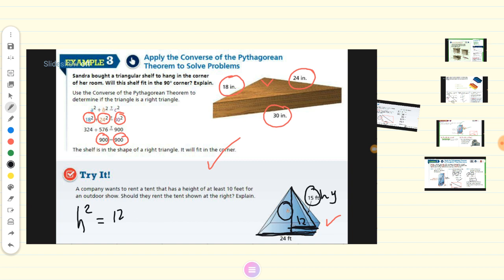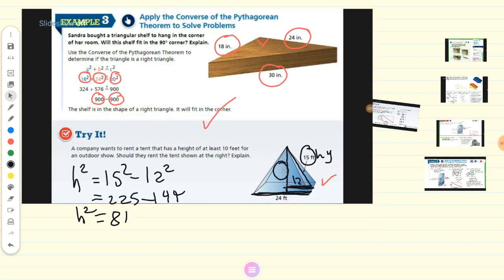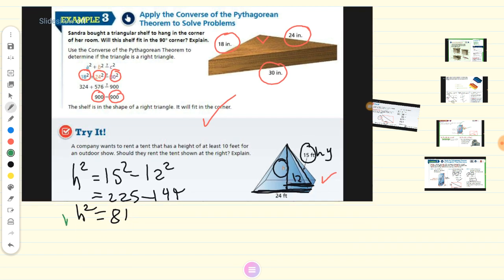So it should be the hypotenuse to the power 2 minus one of the legs, which is 12 to the power 2, equals 225 minus 144 equals 81. So h to the power 2 equals 81; by taking the square root of both sides, h will equal 9